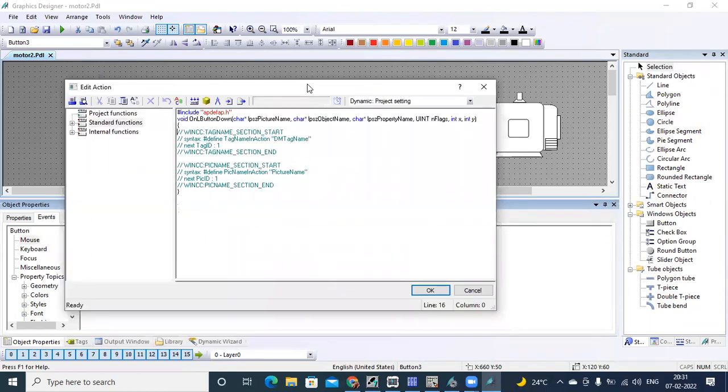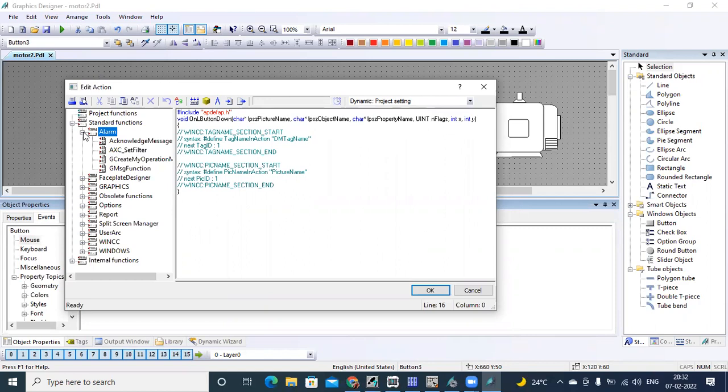Just like in C language, we have hash include, void, and these parameters are there, so you don't need to delete anything here. On the left side you can see different function types: project functions, standard functions, and internal functions. The standard functions are predefined.